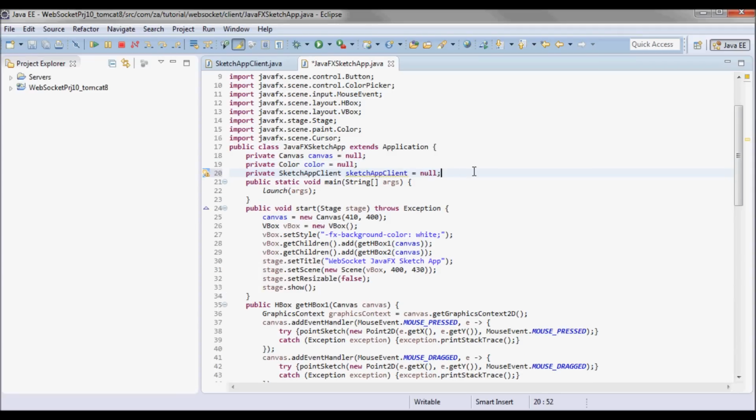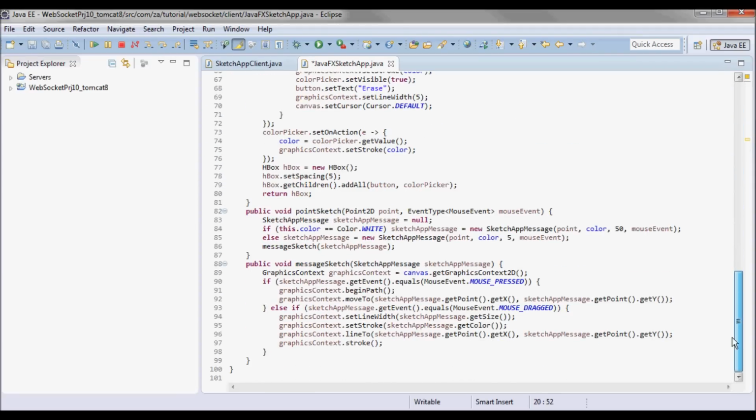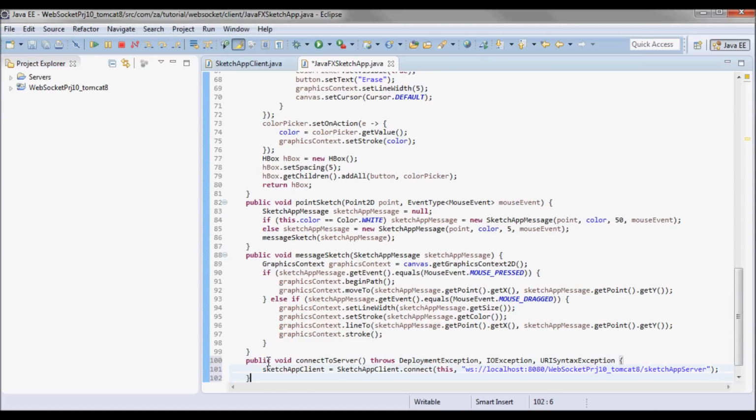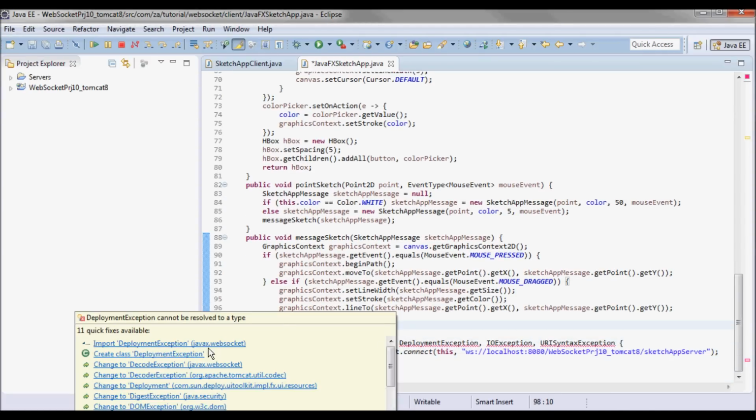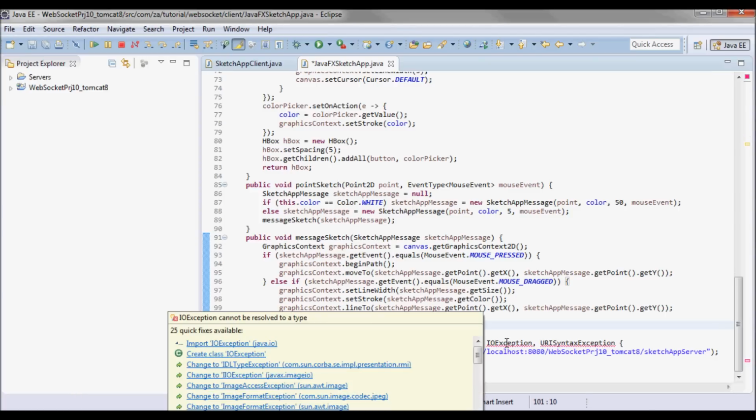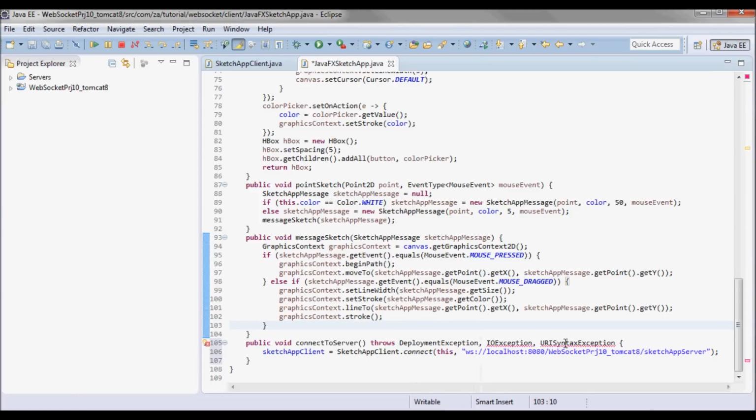Let's go ahead and define this and add this method connect to server, which picks up a new instance for sketch app client using sketch app client.connect, the static method.